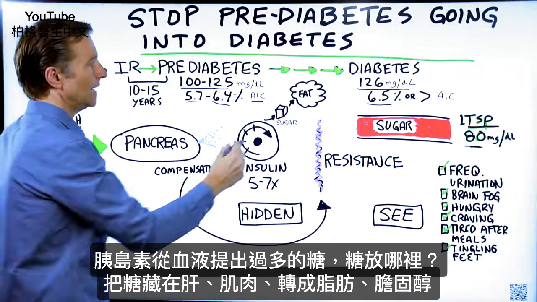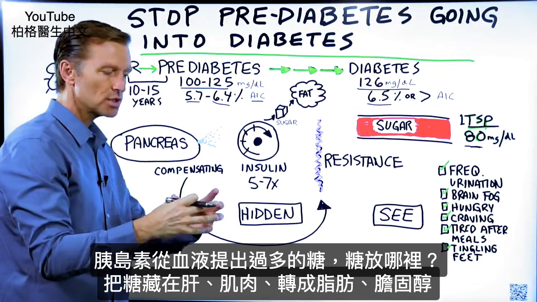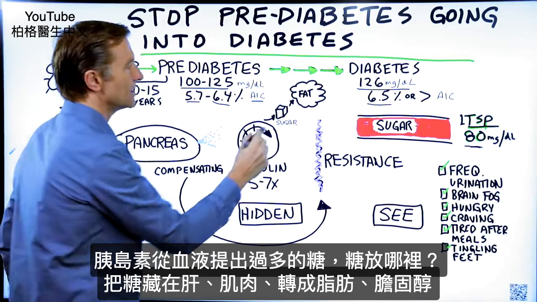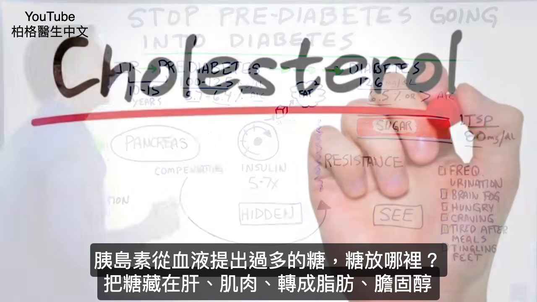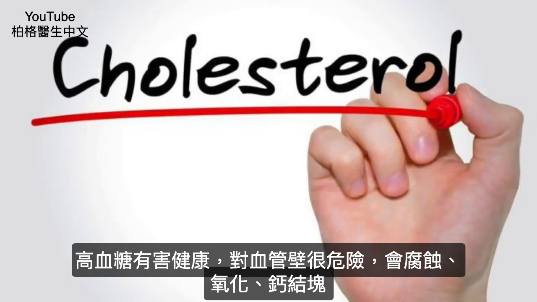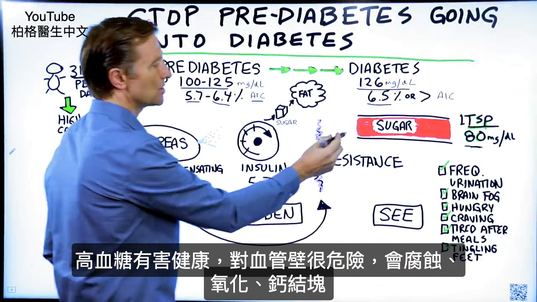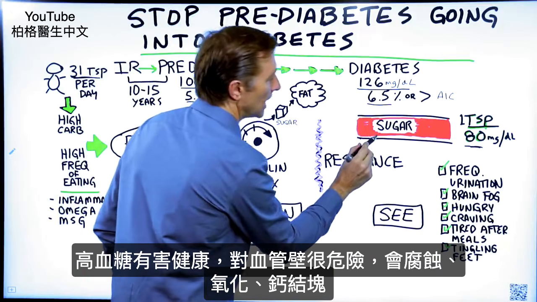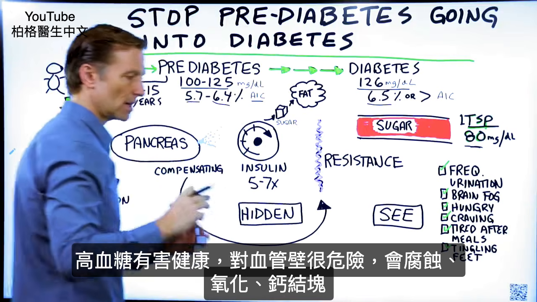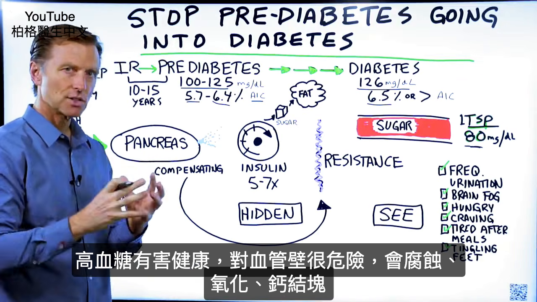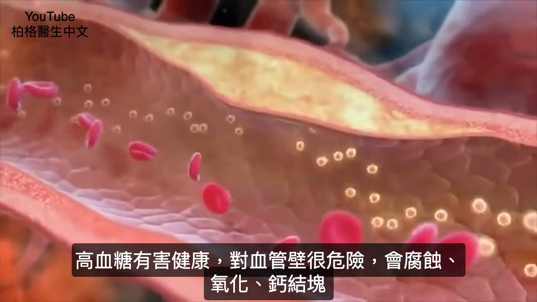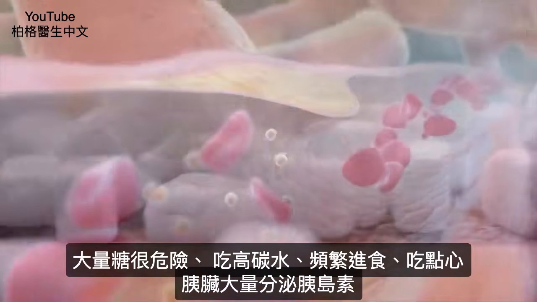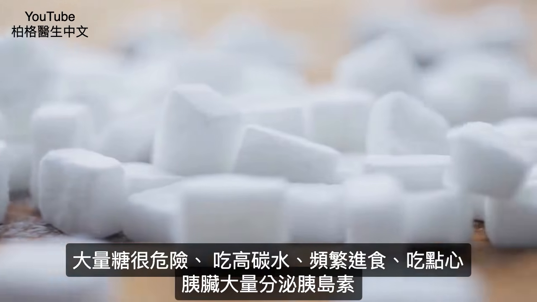And what does it do with it? It hides it. It'll put it in stored sugar called glycogen in the liver and the muscles. It will also put excess in the fat. It will convert some to cholesterol. But the thing that the body doesn't want is high amounts of sugar in the blood. Why? Because that sugar is very dangerous to the lining of the arteries. It will start to corrode, and it's called oxidation, or damage the inside of the arteries. And then comes the plaquing and the calcium and that whole thing. So your body really considers excess sugar very dangerous.